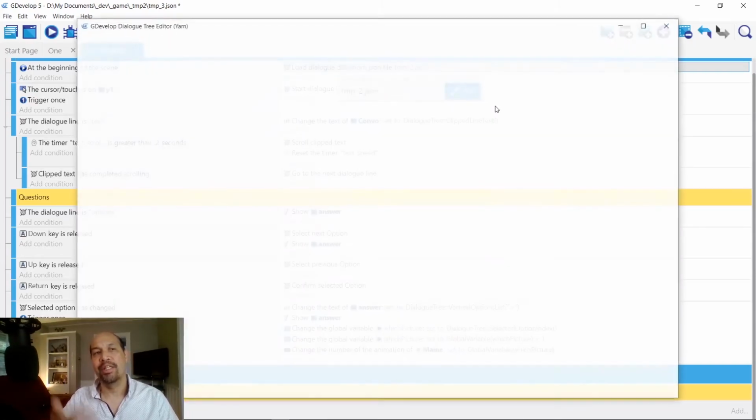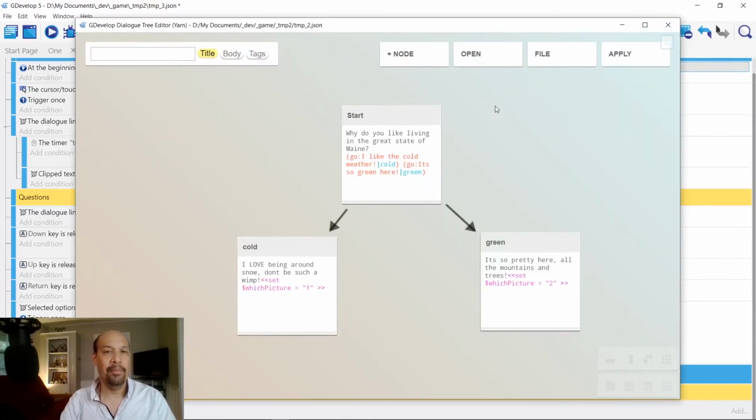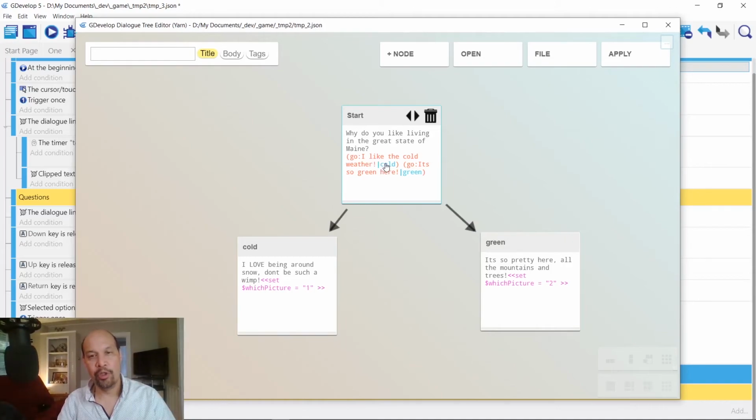I think Yarn is an extension that was added to GDevelop. So we opened with our conversation. The up and down arrows populated with these 2 go sets. And then 2 options are going to trigger 2 entries, cold or green. And it's going to go to the node of the matching name. Okay, so once you go to cold,